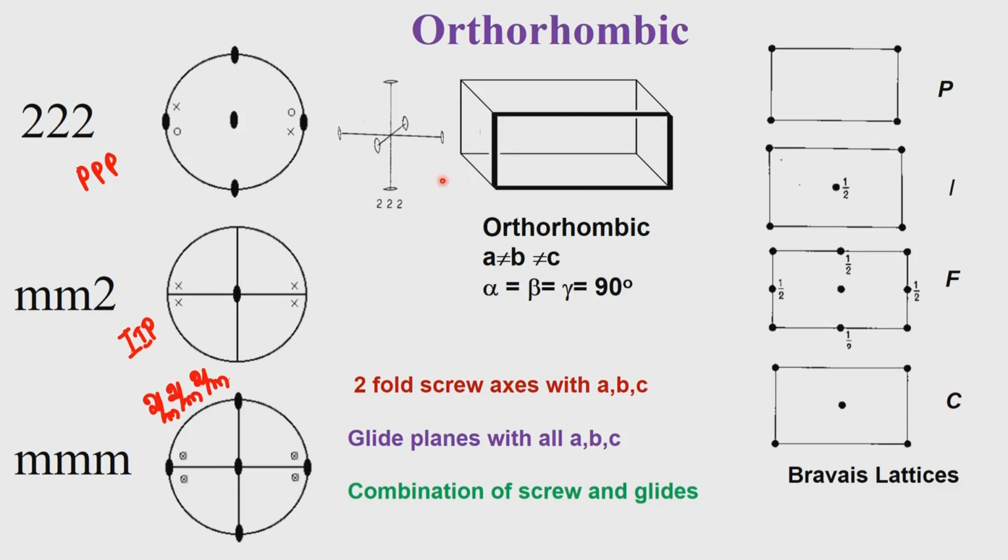The other thing we have seen in the case of the orthorhombic system is that there are 3 twofold axes perpendicular to each other. So whatever property we associated with one axis in the monoclinic system can be associated with the other two, and the possible existence of 4 types of lattices will generate a large number of space groups. If we add up all these space groups, we are going very quickly towards the 230 possible space groups. We are not going to count them now, but eventually we will reach a stage where we finish all the 230 space groups.